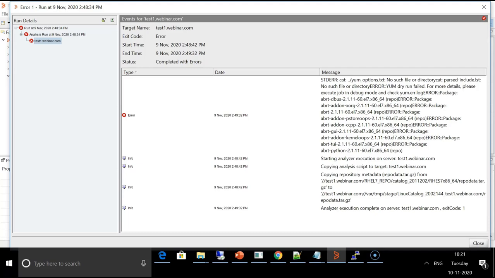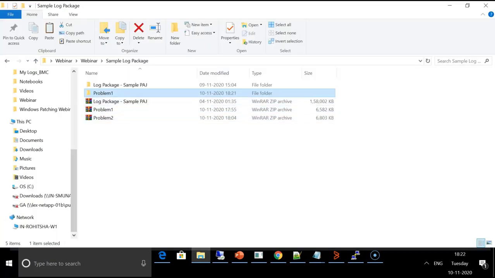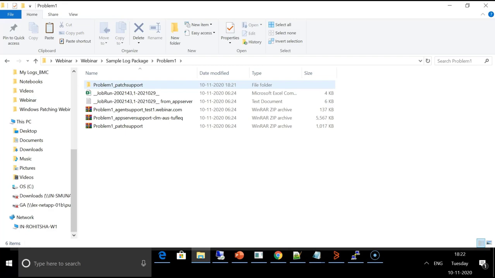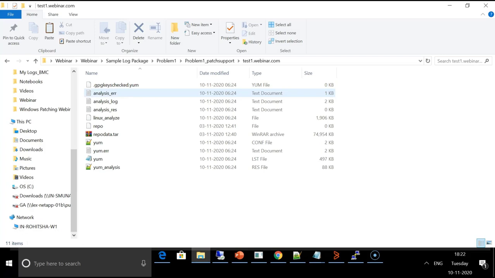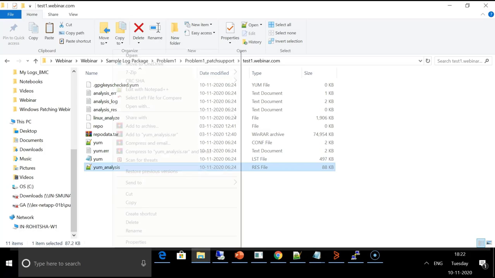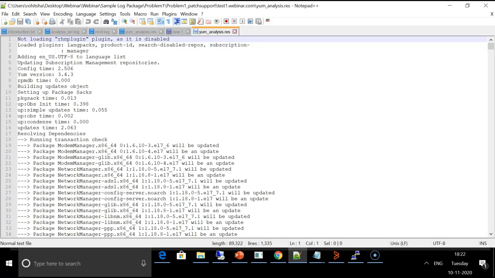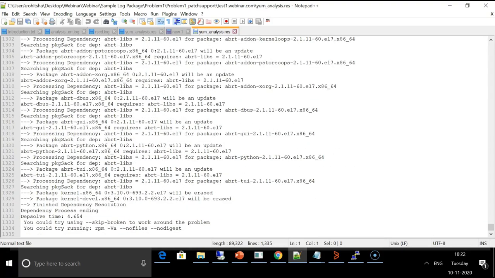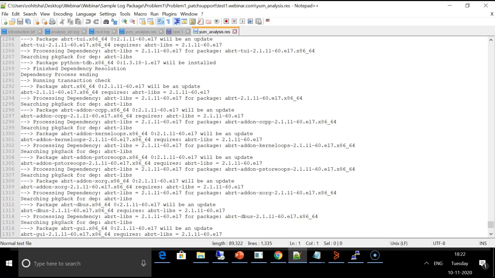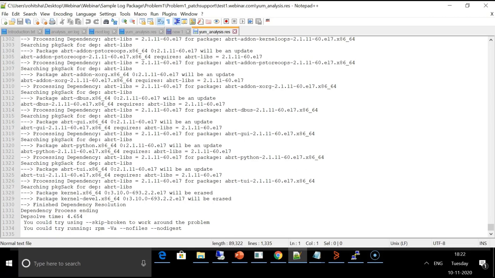So let's see what is there in the log package, and this is where I have downloaded the log package for problem 1. I have extracted it, and this is the patch support. Let's open the patch support, the server test1.webinar.com. So the first thing that I want to look at is the yum analysis.res file, just to see what happened with the yum analysis. We can see here that it is reporting dependency resolutions for a lot of packages here, and it is recommending to use skip broken as well, which is not always a good option because